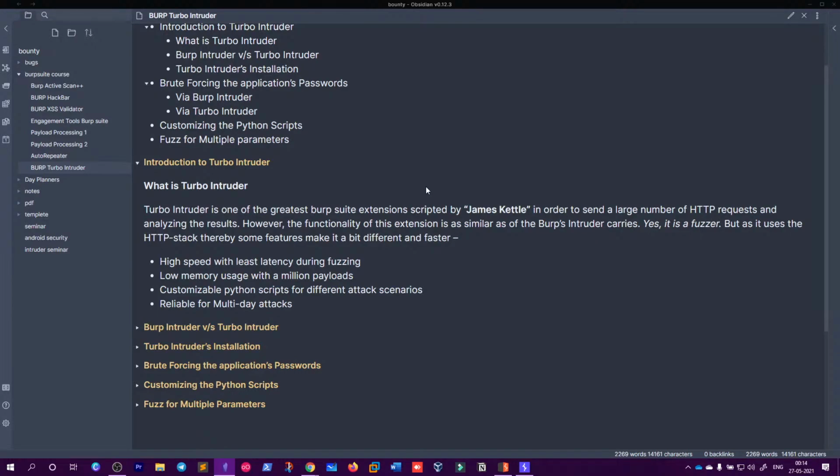So what is Turbo Intruder? Turbo Intruder is one of the greatest Burp Suite extensions scripted by James Kettle in order to send a large number of